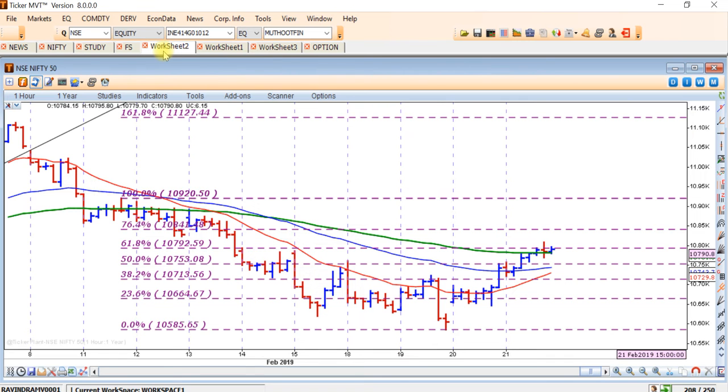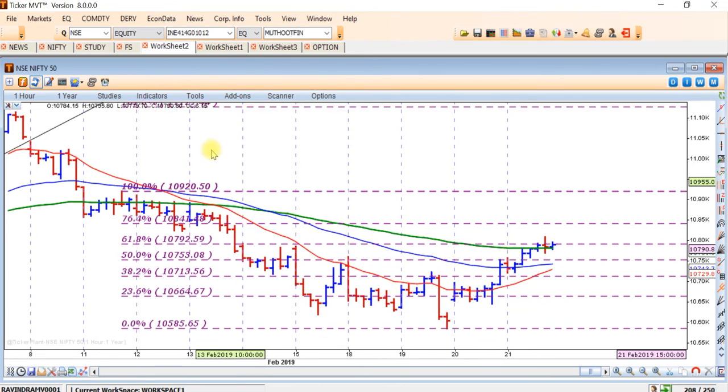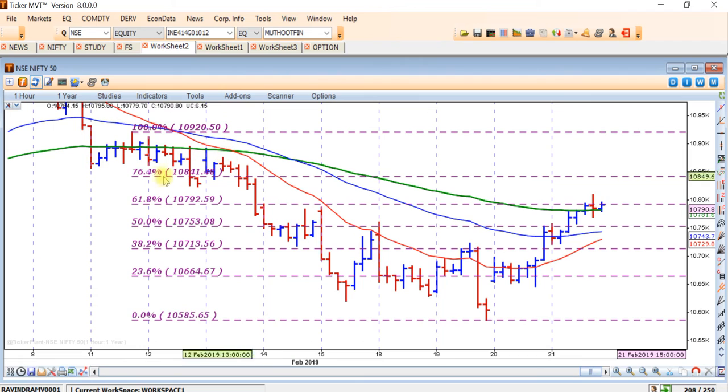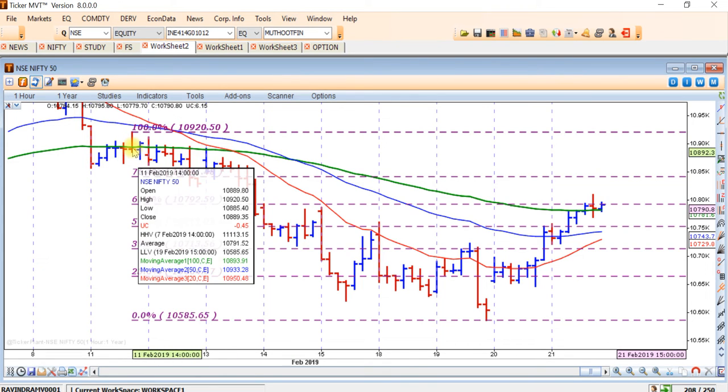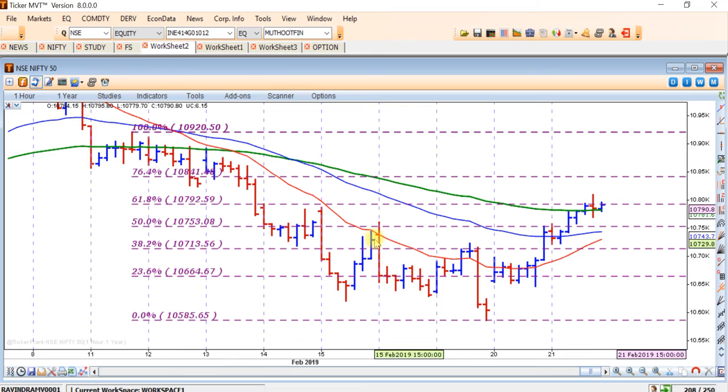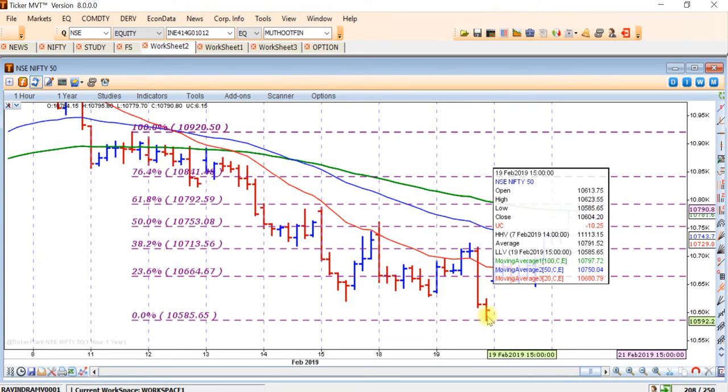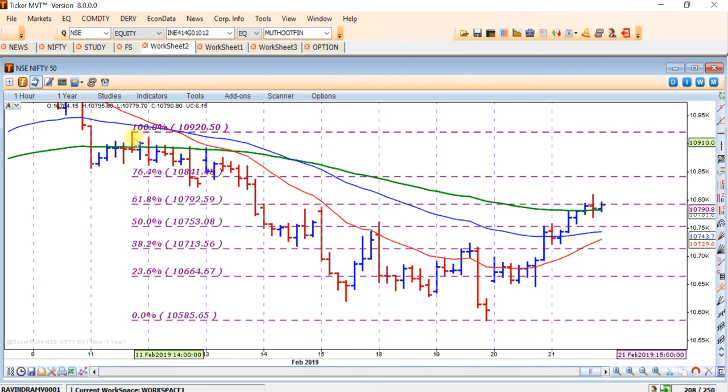To confirm it, we will convert it into intraday. In intraday, you will have to plot a Fibonacci retracement. One can take this high, that is the 11th Feb 2 o'clock high, which is at 10,920, and this swing low which was established on 19th Feb at 3 o'clock. Once we take this swing high and this swing low and plot the Fibonacci retracement levels, one can see that